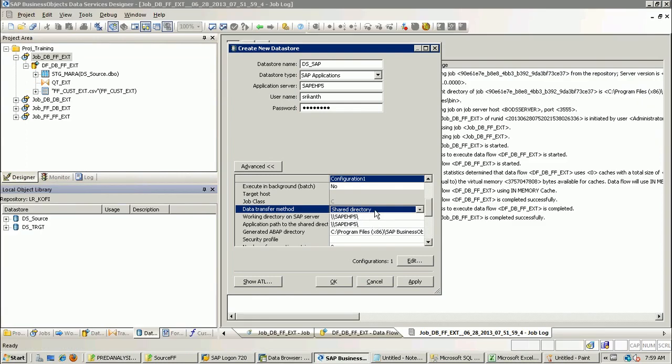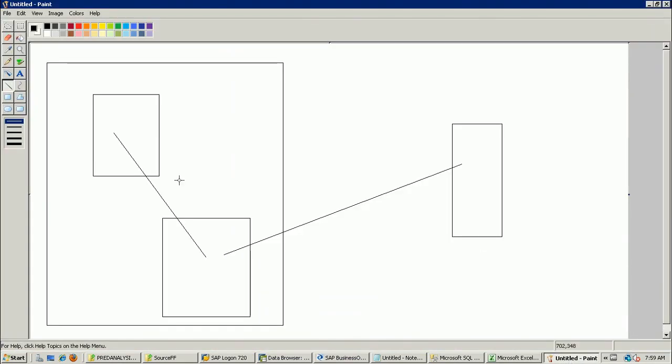So this scenario, the shared directory scenario, is utilized when we have a huge volume of data. And the next one is again FTP, file transfer protocol. So this is for when you have a huge volume of data. Similarly, you do the same thing, but instead of having this FTP folder on the SAP system,